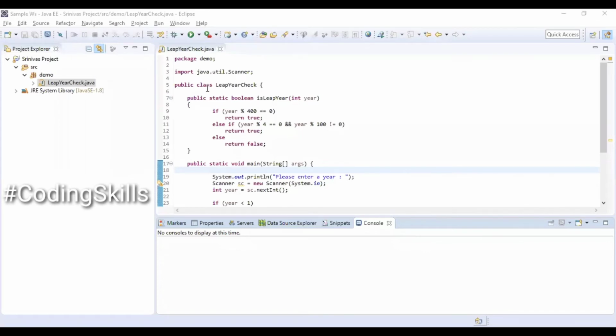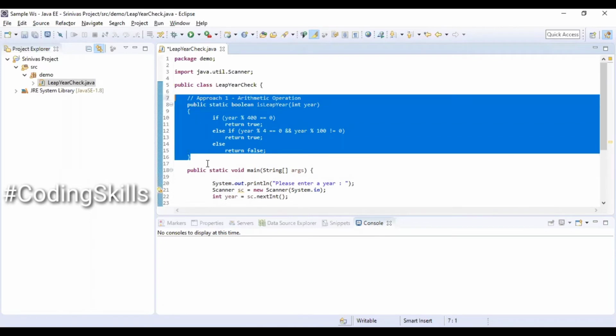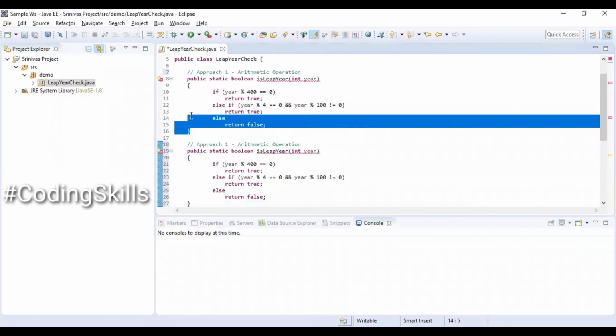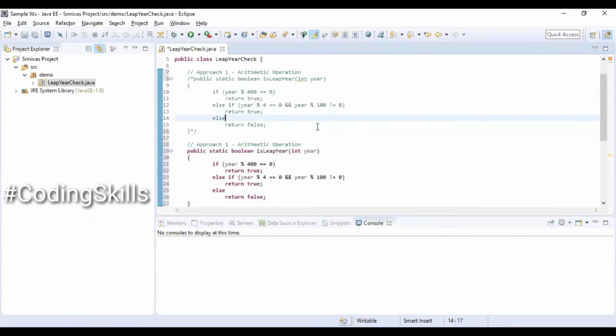Now we will be seeing the second approach. So instead of creating a new Java class, I will be using the previous Java class. I will create a separate method for the second approach. I am updating the comment for the previous method as approach 1, copying the existing method. We will be making the changes within the method as per the second approach.